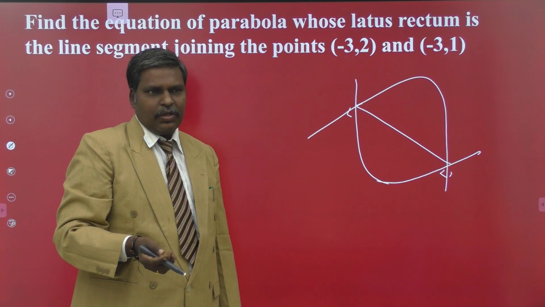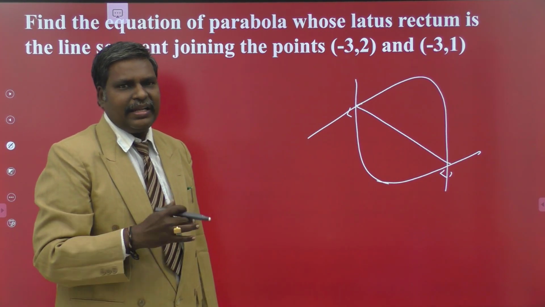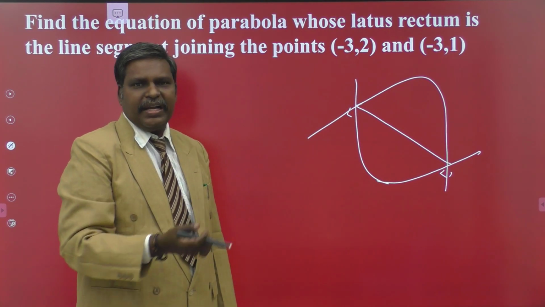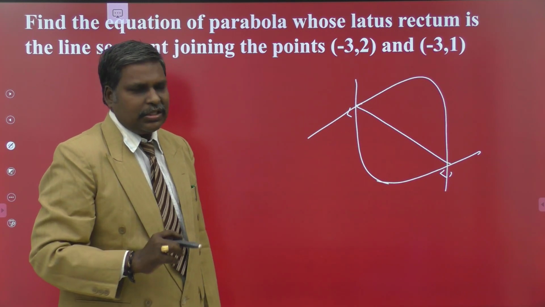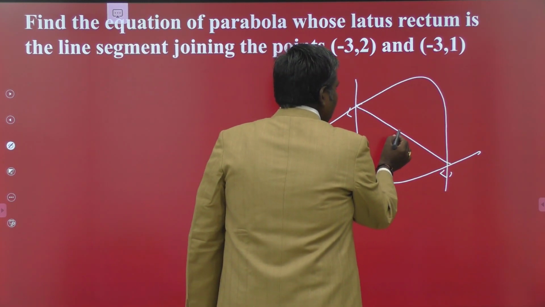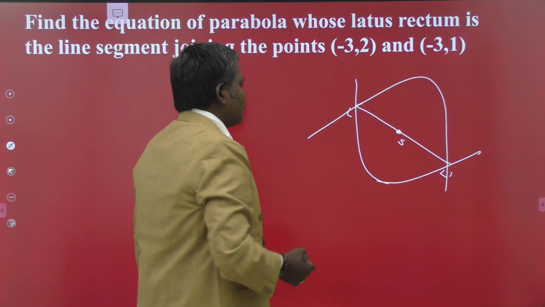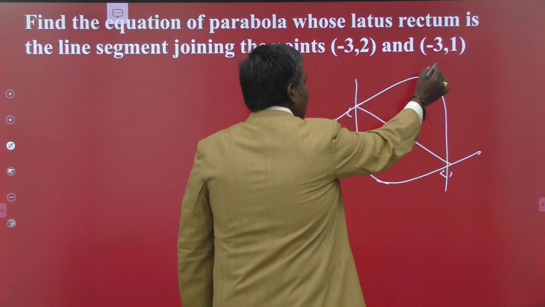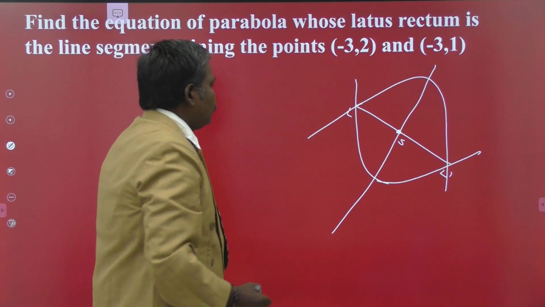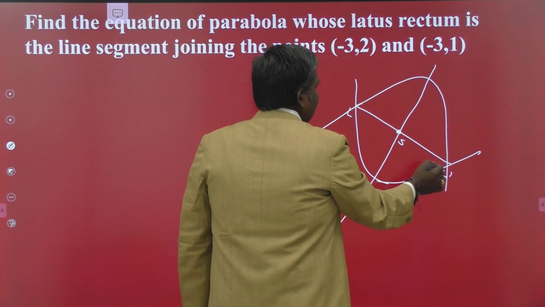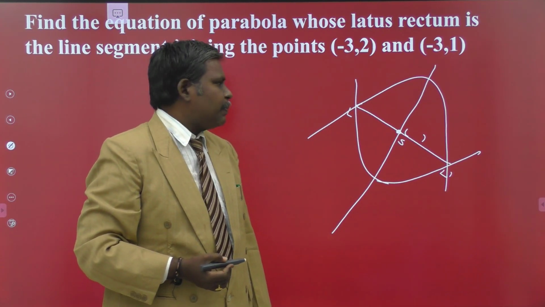You have the formula, in which h comma k is there, and h comma k is evaluated by subtracting or adding to the x coordinate or y coordinate, depending on the case. Suppose your LL dash is in this manner, how do we crack this? This is LL dash, this is the midpoint of LL dash, and this is your focus S. The line passing through the focus and perpendicular to the latus rectum is your axis. You have L and L dash, so you can easily obtain the midpoint.